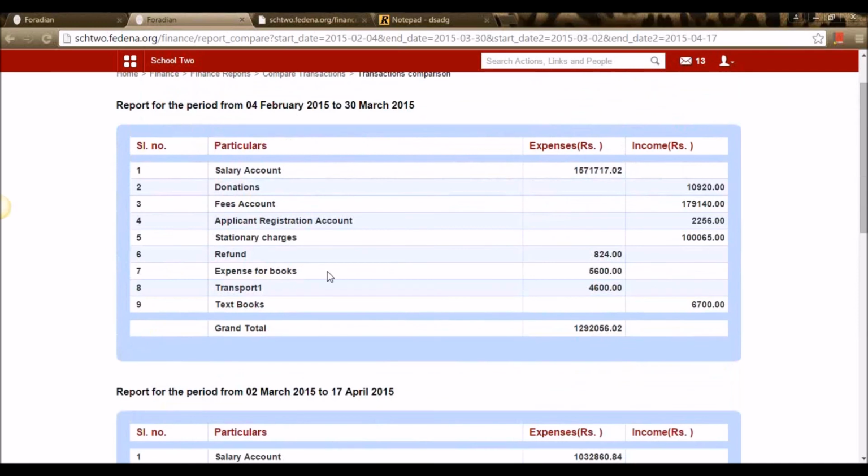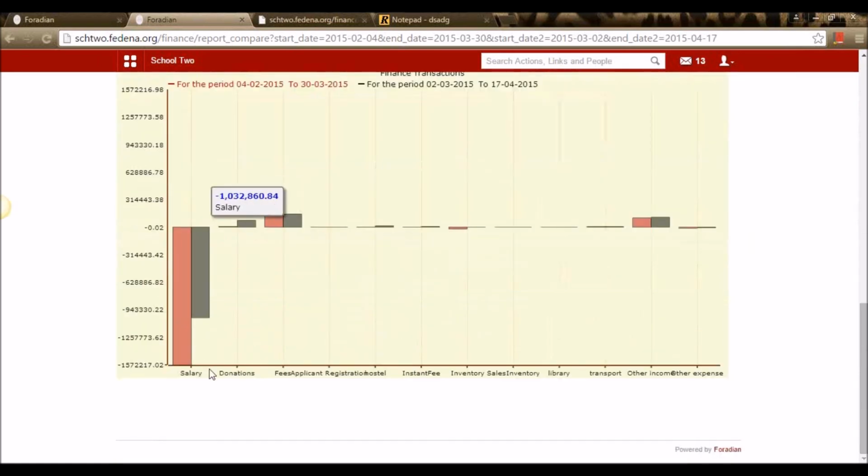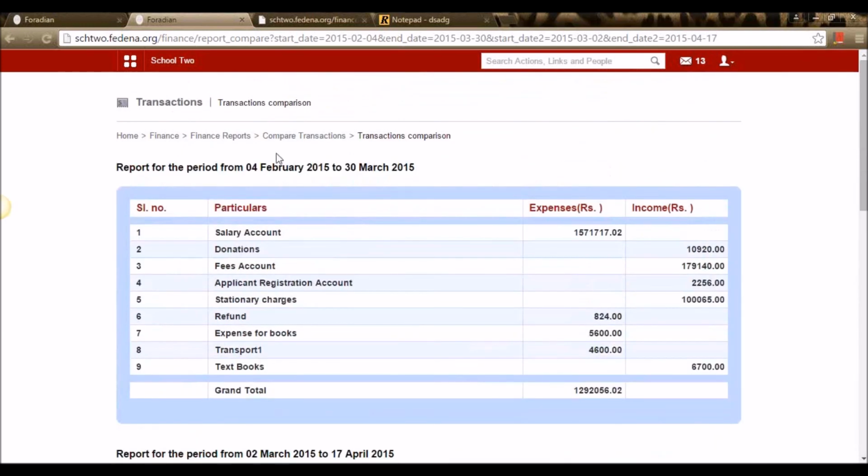A detailed report of both the time span and the transactions made in this particular time period is getting displayed here with a graph describing the transactions. We have a factor of comparing both the transactions in both the time periods for every individual factor like salary, donation, fees, applicants, and instant fee, etc.